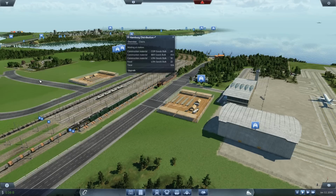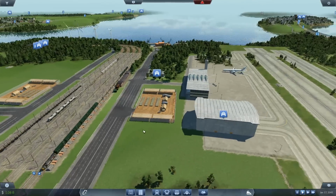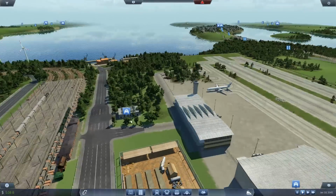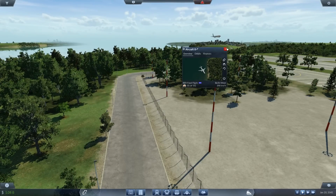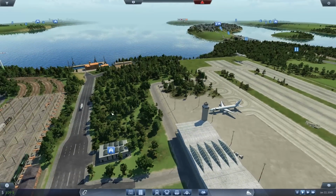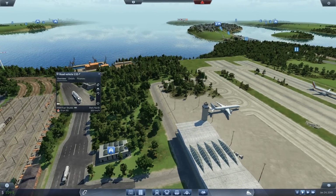Sadly, in order to get the amount of food going that I'd need to, we'd probably have to be running an armada. Did you call planes an armada? I don't think you do. I think you call them a fleet, a squadron. A mighty squadron of planes would be required in order for this to get anywhere close to meeting demand, but as it stands, you know, at least